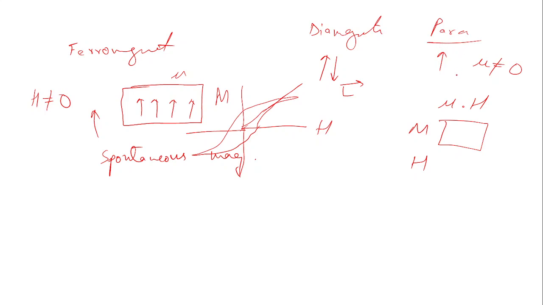that in paramagnetism, the moments in the absence of a field are randomly oriented, and only when we apply a field do they get aligned and magnetized. Whereas for ferromagnets, even in the absence of any field, due to some interaction, they are already aligned. So this was it.